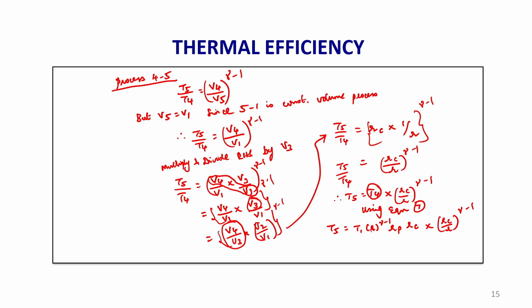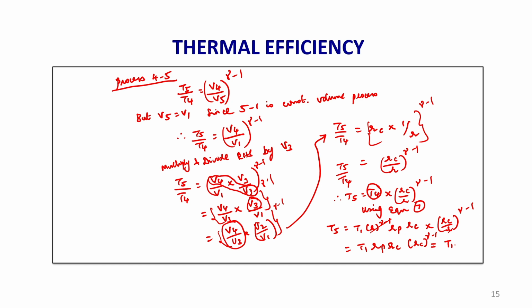Here we have R power gamma minus 1, and here I have the denominator R power gamma minus 1, so that will get cancelled. So that is equal to T1 into, this term and this denominator power will get cancelled. T1 into Rp into Rc into Rc power gamma minus 1. Here also Rc into Rc power minus 1, that is 1 by Rc, so that will get cancelled. So this equation will be reduced to